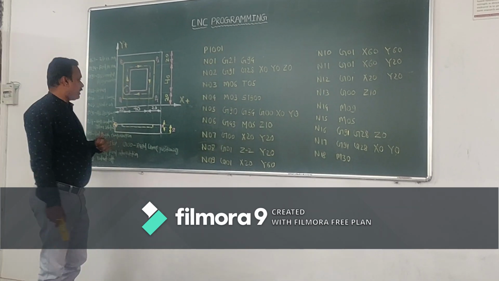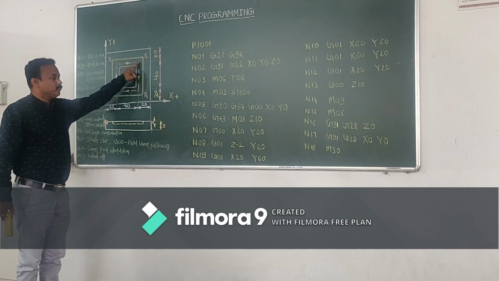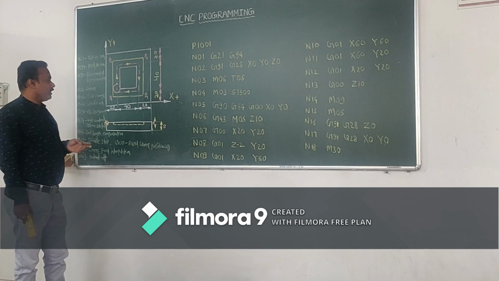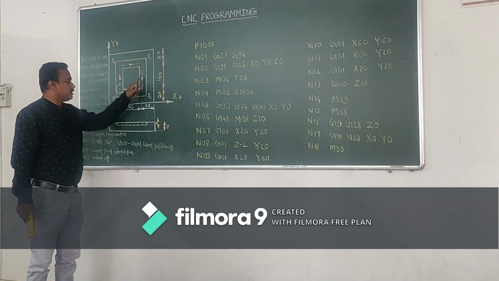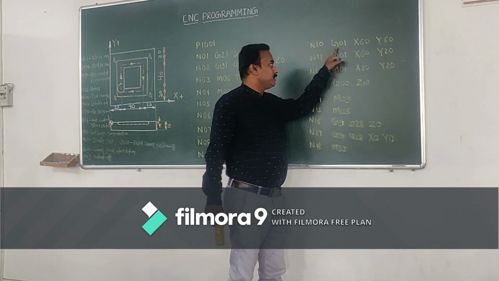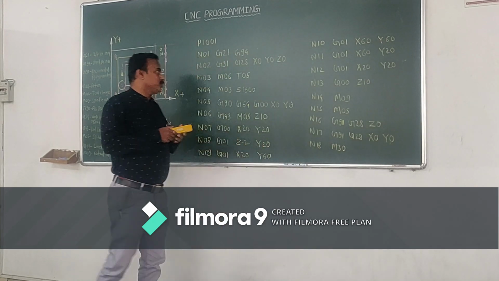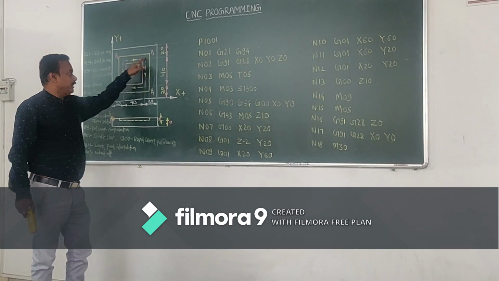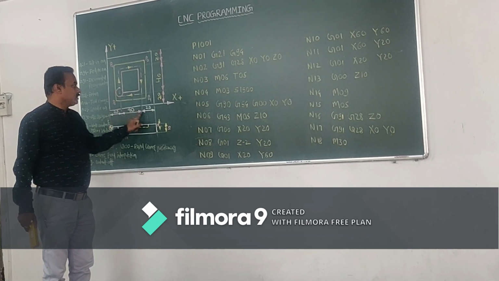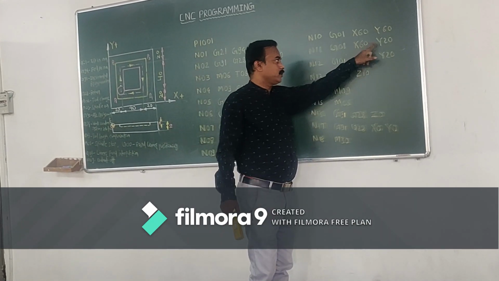Now the movement of the tool is starting from this to this to this. Now next movement is this movement. At this point, what is the specification for the X coordinate? That is 20 plus 40, this is 60, and Y is equal to 60. So next G01 is the same operation, X60 and Y60. Now where is the position? Now here. From that, next here. At this point the specification is X is equal to 60 and Y is equal to 20. Therefore your X is equal to 60, Y is equal to 20.